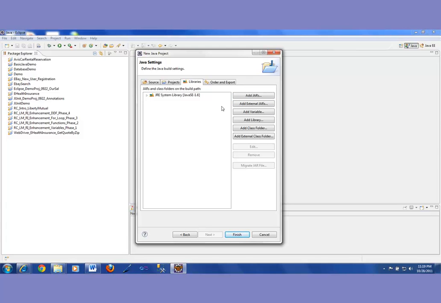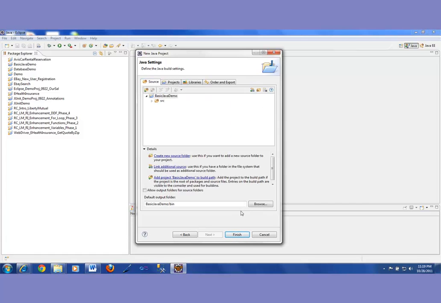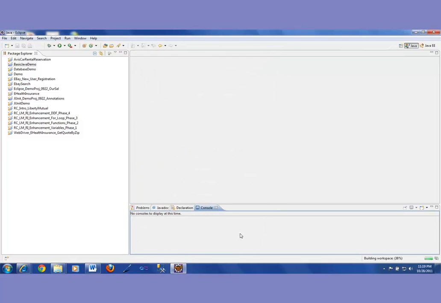Right now, I am not writing Selenium code, meaning that I'm not using Selenium server or Selenium classes right now. So I am not going to add anything. So I would just hit finish. That was just an example of how you would add them, if you need to. Okay, here is that folder which got created,